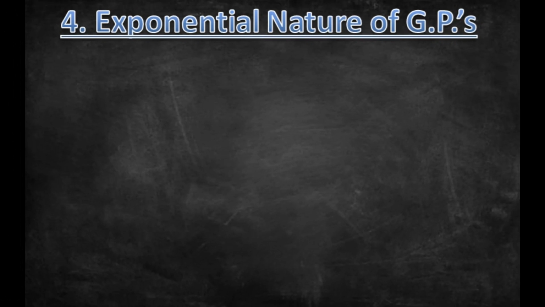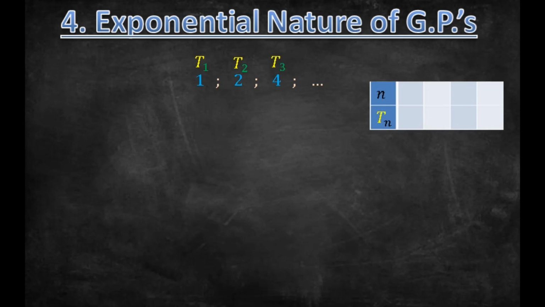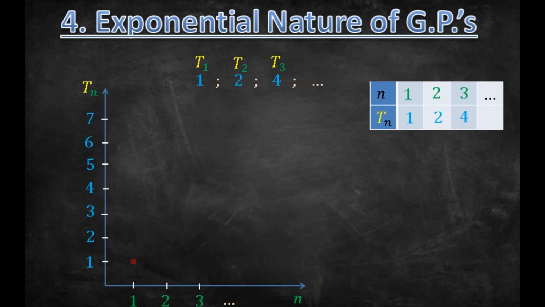Let's look at the exponential nature of GPs, and let's consider the sequence 1, 2, 4, etc. So T1 is 1, T2 the second term is 2, and T3 the third term is 4. We can put this in a table, so when n is 1, T sub n is 1, when n is 2, T sub n is 2, and when n is 3, T sub n is 4. Plotting this on a graph, we see that we get a curve and not a straight line. Also note that we don't connect the points because n is a number of terms and it must be a